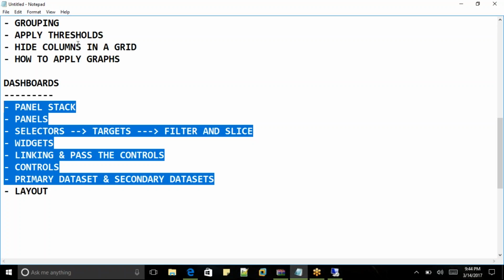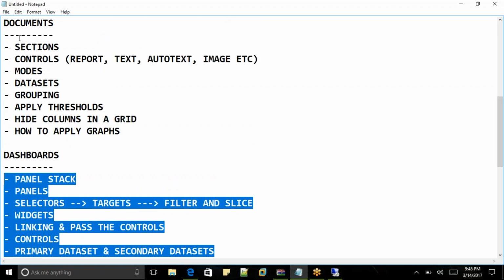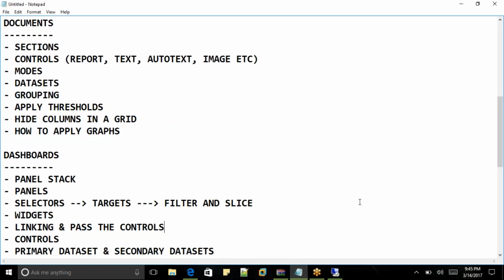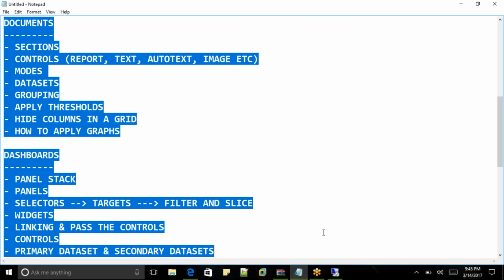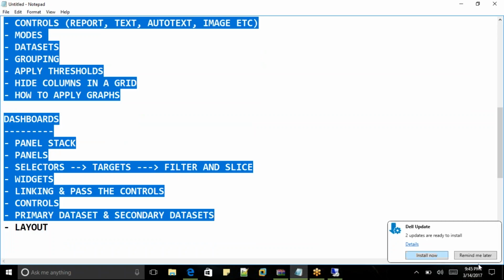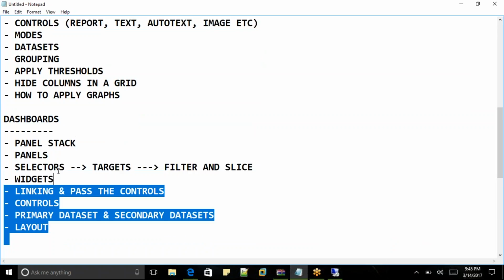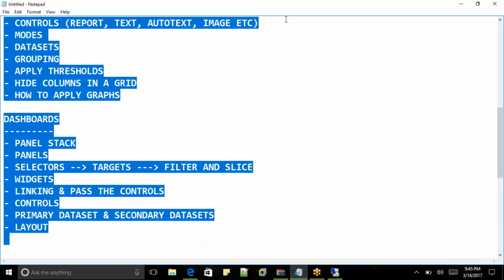That's it. So these are the different things which we will be learning as part of the practical work on both documents and dashboards. To start any one thing, for example sections, it takes close to half an hour, so I just don't want to start anything now. Just remember all these concepts which we'll be learning in the coming 6 to 7 hours. But I want you to spend enough time from tomorrow to work on the documents. I don't want anything pending from your end. Whatever pending you have, try to complete it so that we will start working with